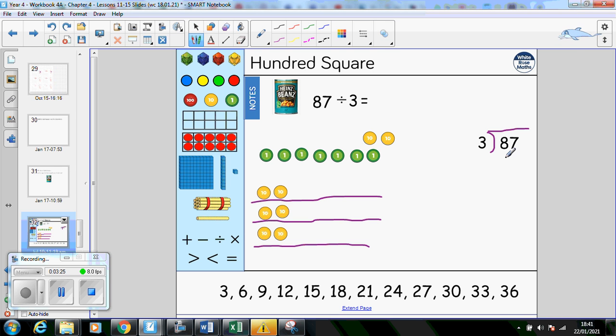Okay, so I've used up 60 of this 87. I'm going to take that 60 away. How many do you think I will be left with? That's right, 27. Can you see whatever's happening here is also happening here? Okay, so I will be left with 27